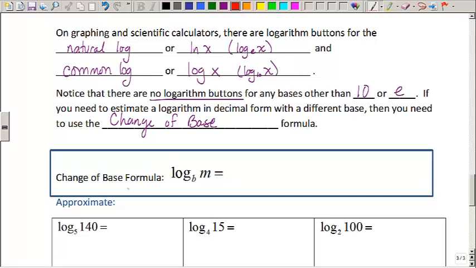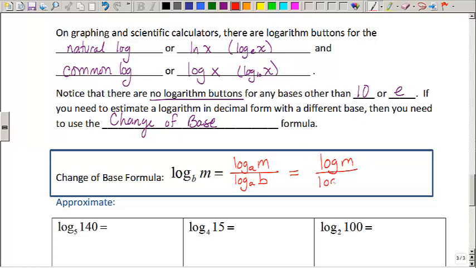So the change of base formula says log base B of M is equal to log base any other base you can think of with an argument of M divided by log base A of B. Notice B was the base, now it becomes the argument with any other base that you want. And that's the general form of the change of base formula. I'm going to go ahead and add a little bit more here. I want to emphasize that